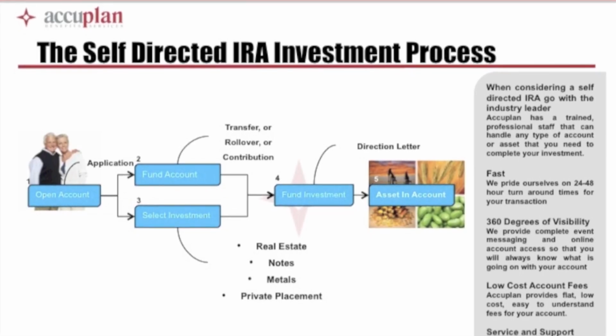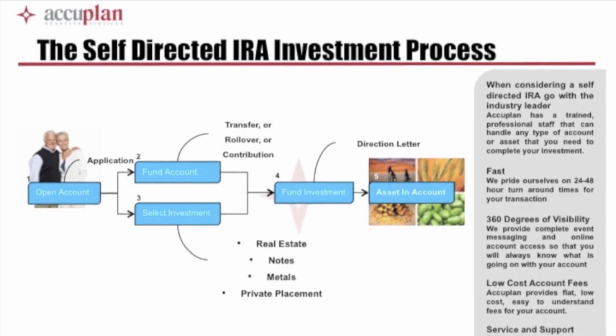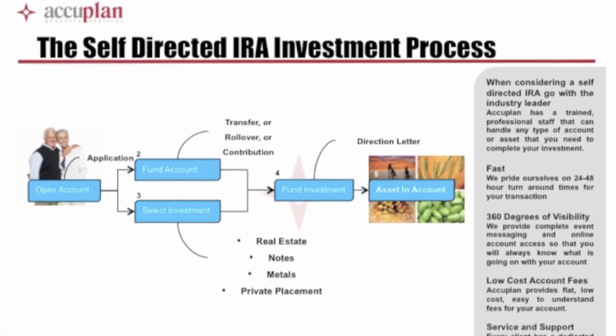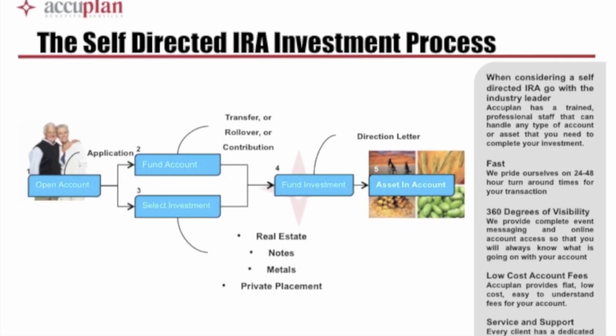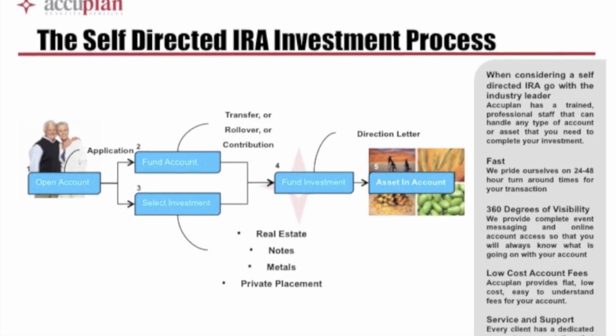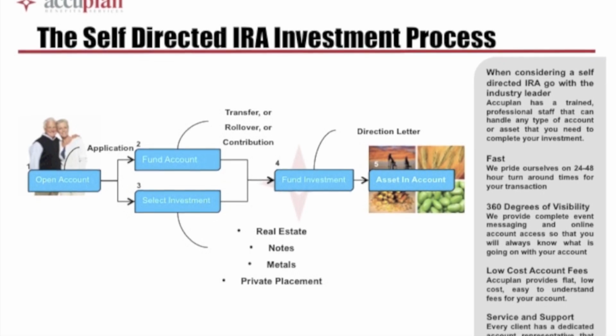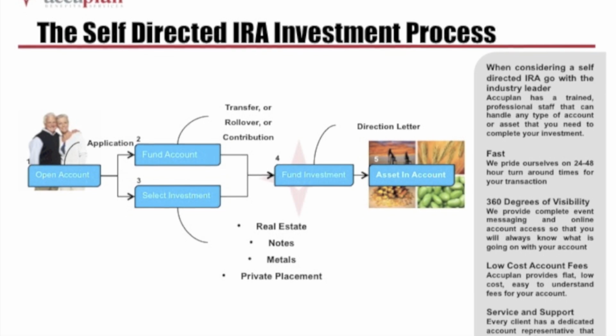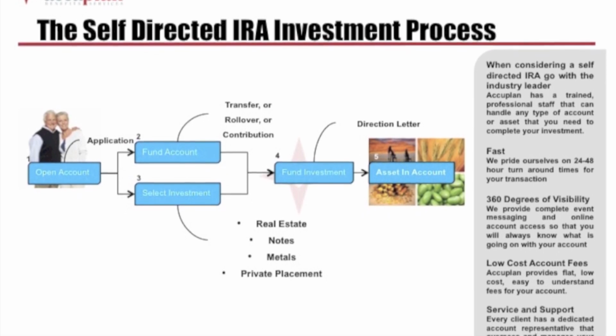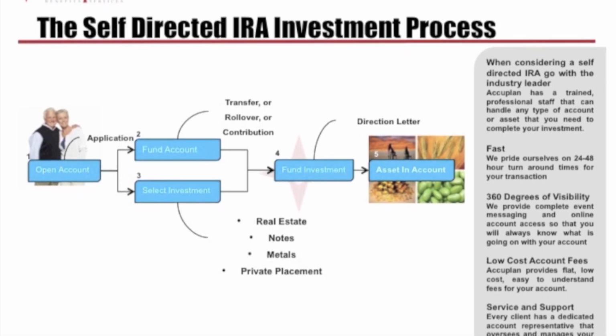Here's the process. It's a real simple process. It takes usually up to 2 weeks to establish and fund the account. The first step is to establish the account. One of the main objectives is to make sure that if you're going to be acquiring any asset, it's imperative that you establish the account. You cannot go into contract under your name and then transfer the property into the IRA. It's considered a prohibited transaction.